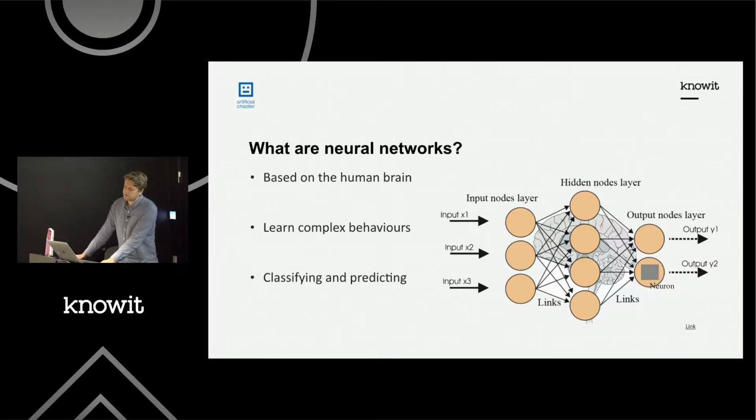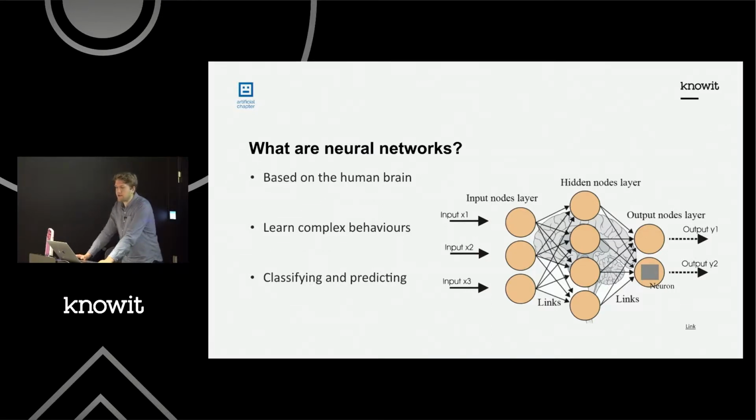The size of the input layer represents the number of features you're looking at in your data. So for instance, if you're looking at a picture or an image, it's often all the pixels of the image. And if you're looking at some data set of cars, let's say you look at the color and weight, then you have 2 input neurons, one for each of those features. The size of the output layer represents how many classes you're trying to predict or classify. So in this one, there are 2 classes. Maybe you're trying to figure out if your image contains a monkey and a seat. Then each of those represents those classes.